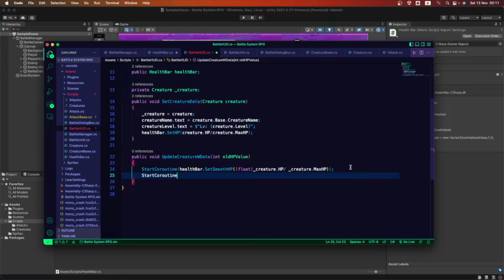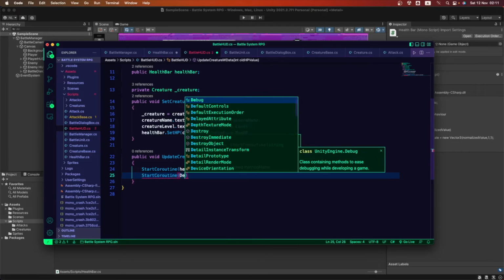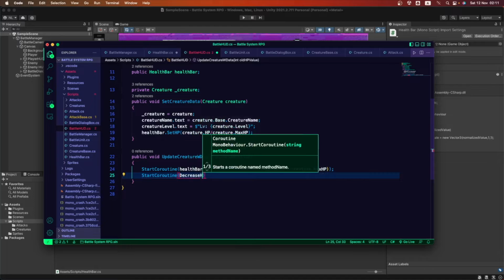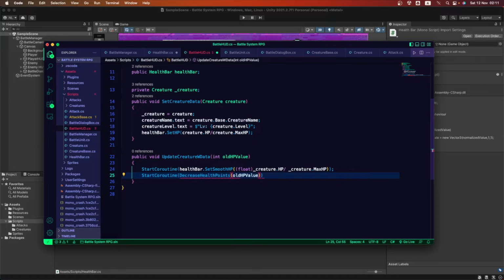We're going to comment this line before building this coroutine, so let's write it first. This is going to be DecreaseHealthPoints. This is going to be the name of the coroutine, and we want to pass also the old HP value. That is the one we're going to be using there.